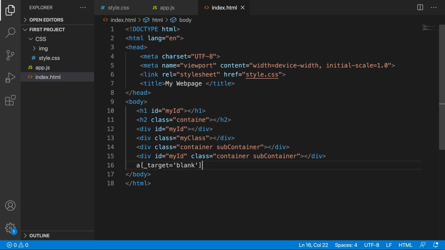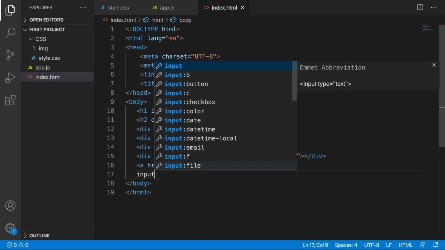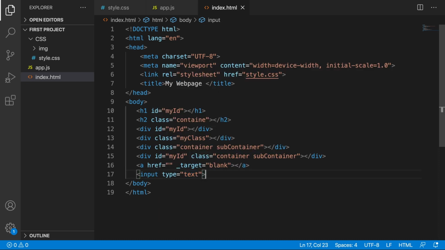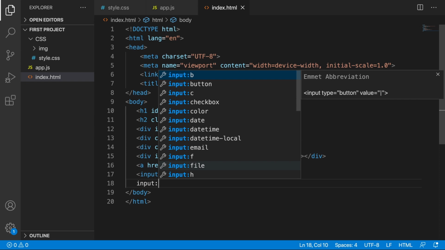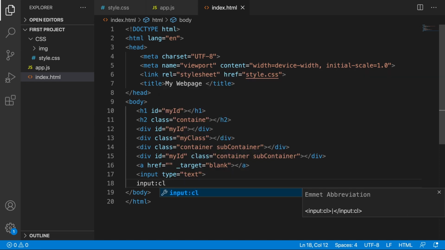And if I hit enter, then I would get an anchor tag with an href and a target blank. Now we can also use inputs. So if I would just type in input, then it will ask, hey, do you want an input with a button, a checkbox, a color? Because if I only use input, the normal input, it would give me the type of text. But if I would now say input and two dots, and I would now like to have a checkbox,